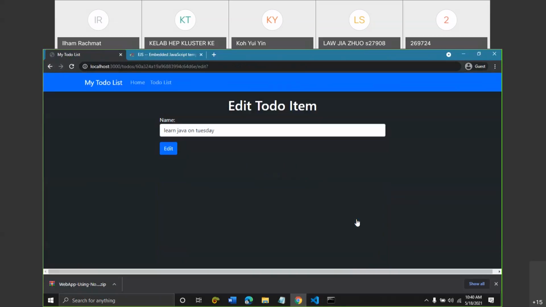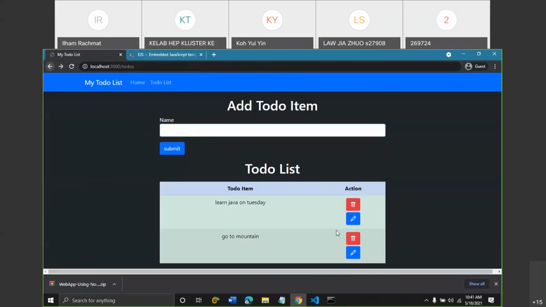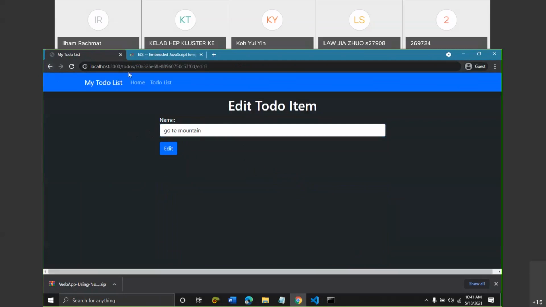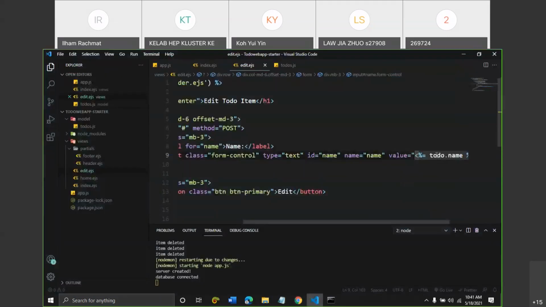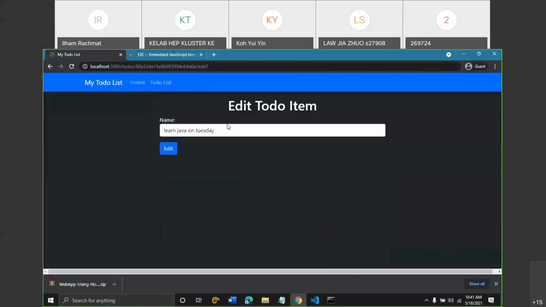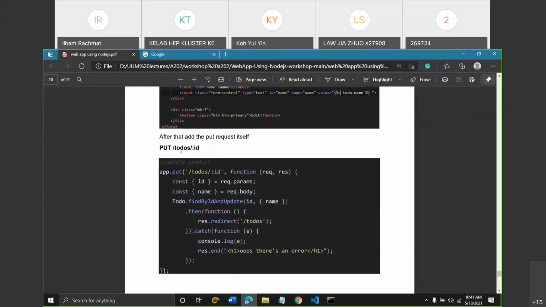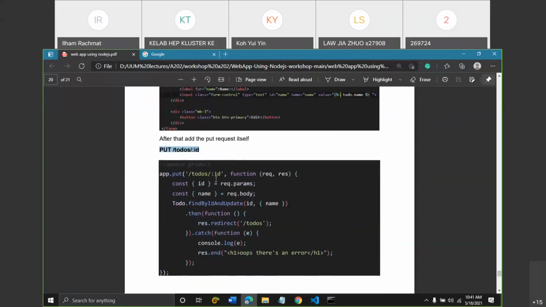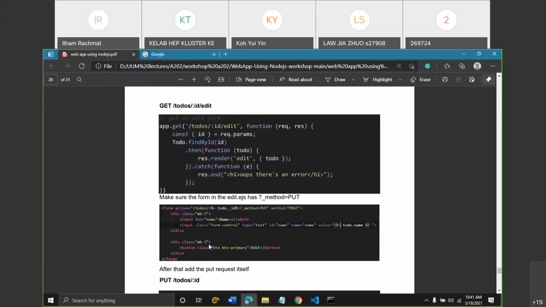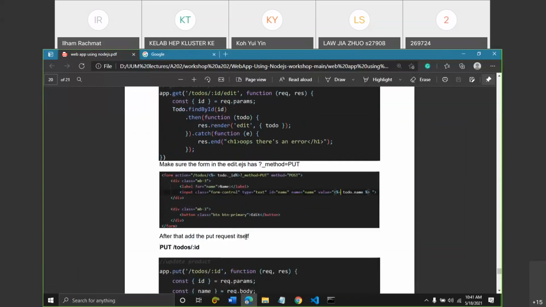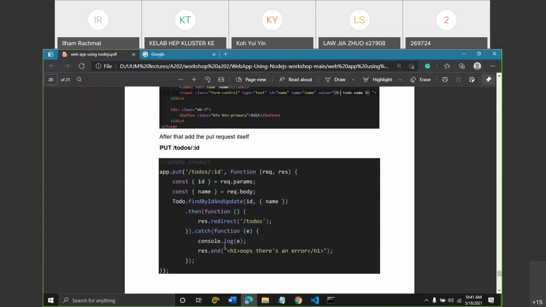And then, yeah, it works. And if I go here, it works because this one is unique. So when we are in this edit page, we want to send a PUT method. Remember, PUT is for modifying resources on the server. So basically, this is quite the same as POST. And